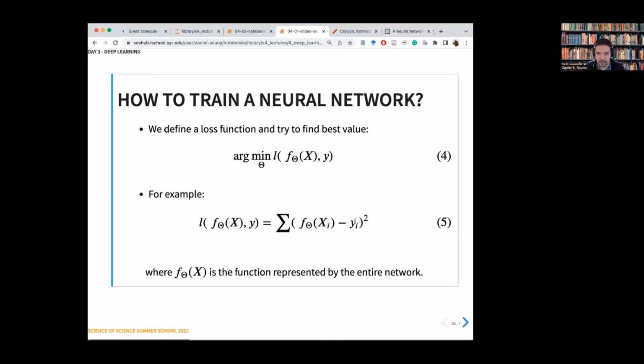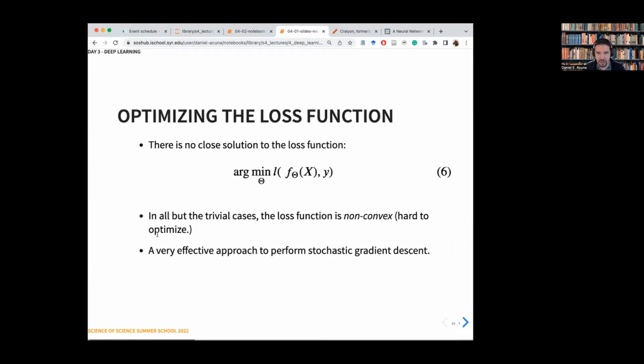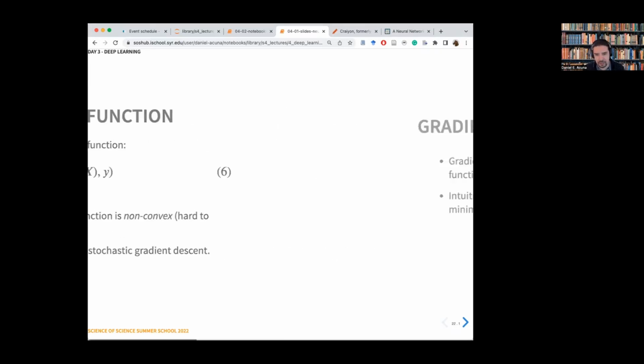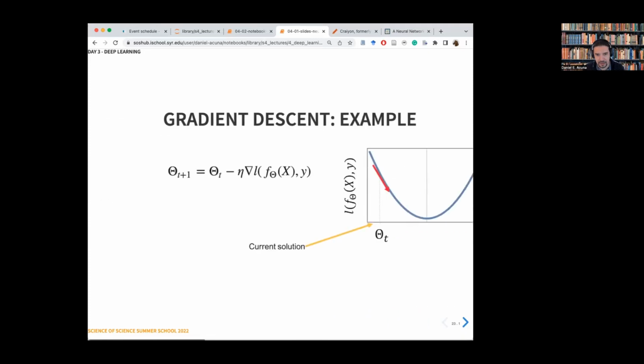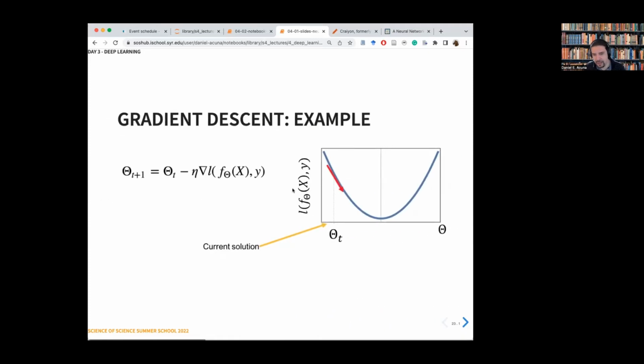So you can take this and then you can try to optimize this with calculus. You can try to optimize it by following the gradient. I won't go into too much detail, but the basic idea is that you follow the negative of the gradient. So if we do a cartoonish view of the parameters, let's say we have a neural network with one parameter, then that will be the x-axis. And the y-axis will be the loss function, what you are trying to minimize.